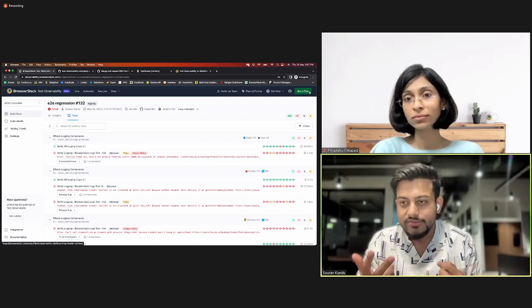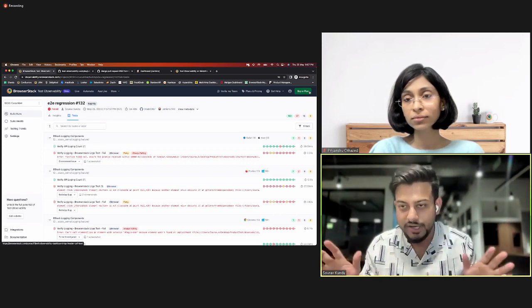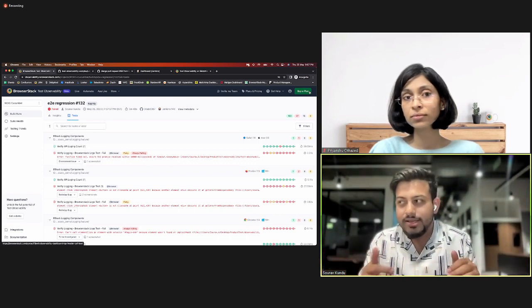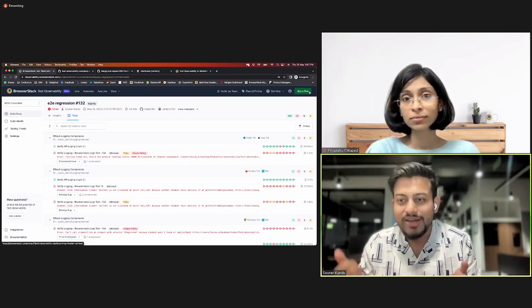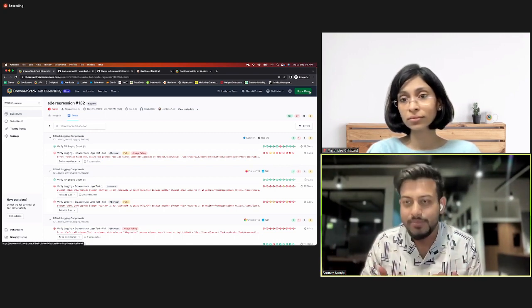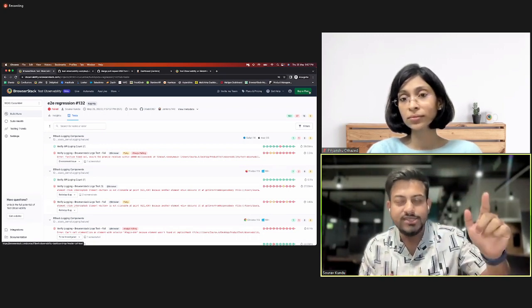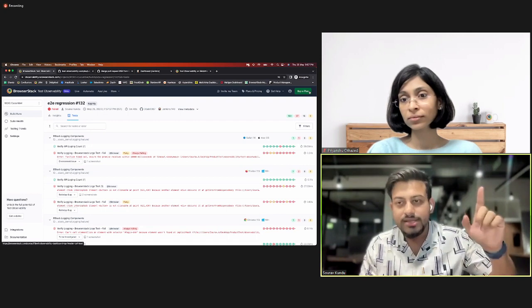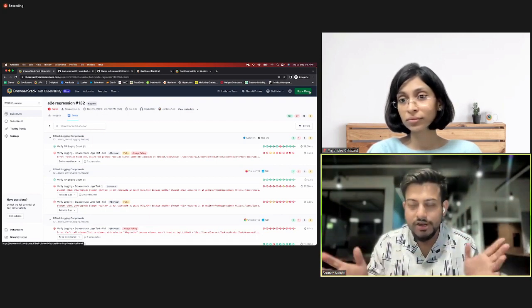So there are two advantages. One, you need not populate a lot of details. Everything is pre-populated. That's one. And the more cool thing about it is tomorrow when you come back and run the same test case, we maintain the mapping. So you will come and see, okay, there is a test case that is failing, but there is also a Jira ticket that is not closed yet. So you need not do anything else.